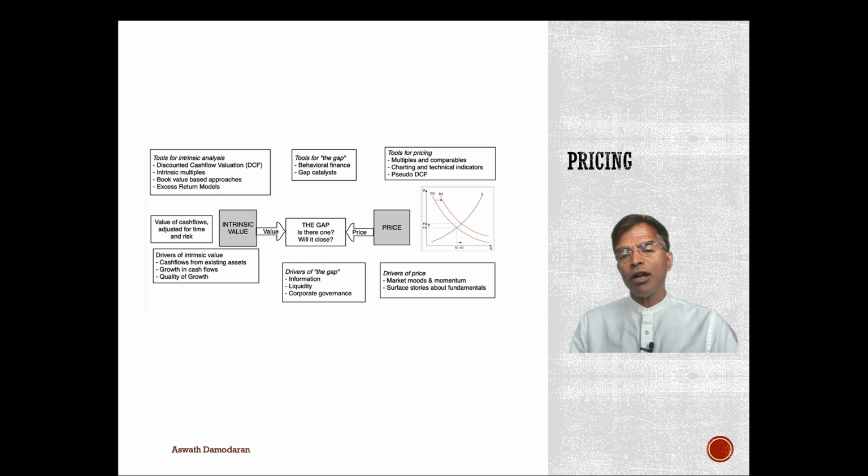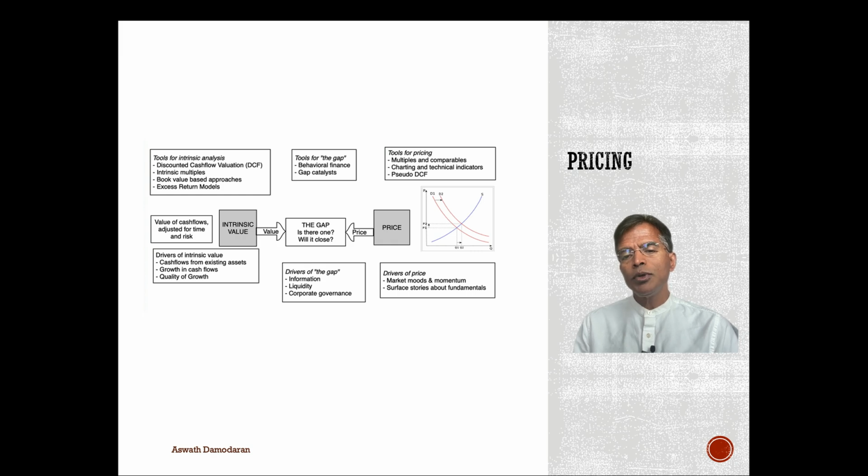To understand the contrast between value and pricing, let me show you a picture that I'm very fond of. It shows you the drivers of value and the drivers of price. We know what drives value, and you saw that already. It's cash flows, growth, and risk, and we use intrinsic valuation to make that judgment. You know what drives price? It's demand and supply. You're saying, aren't demand and supply driven by cash flows, growth, and risk? Partially. But we also know that demand and supply are driven by mood and momentum, which effectively means that you have a pricing process that can give you a price that's often very different from the value process.